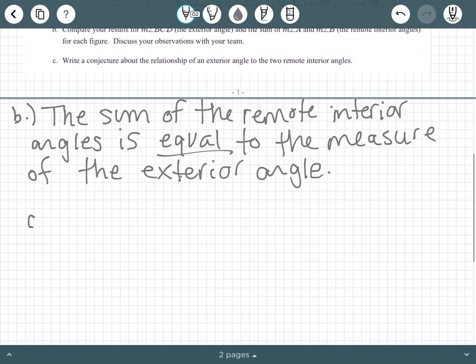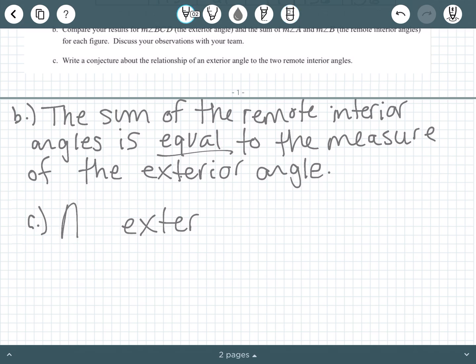All right, and part C. Write a conjecture about the relationship of an exterior angle to the two remote interior angles. Well, my guess is that, if it worked in all four of our figures, we saw it firsthand in part A. We even talked about it in part B. So I'm going to say, an exterior angle